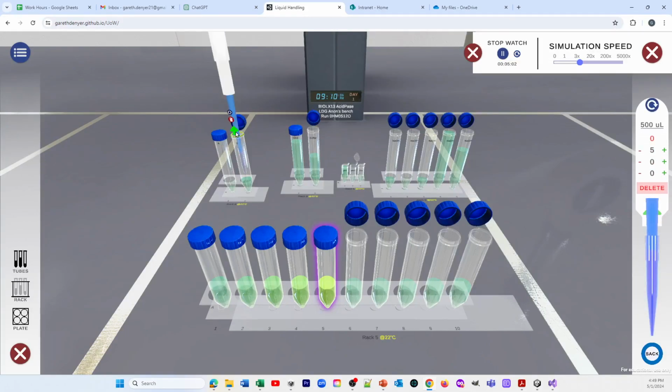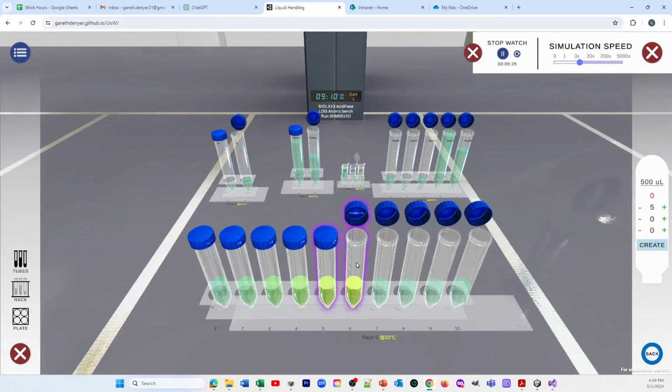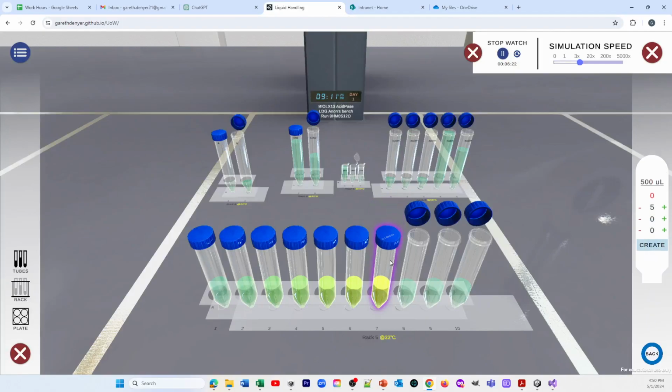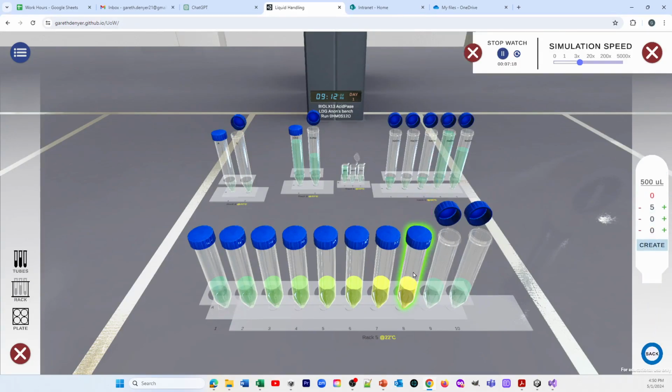So let's do a 5 minute sample, and that one goes. And I probably should mix these two tubes. Just make sure that everything is being mixed dynamically. 6 minute sample into here, and mix that one. And you can see I've got quite a nice cadence at about 3 times the normal speed. So my 7 minute sample going there, give that a mix, and now we'll just do the 8 minute